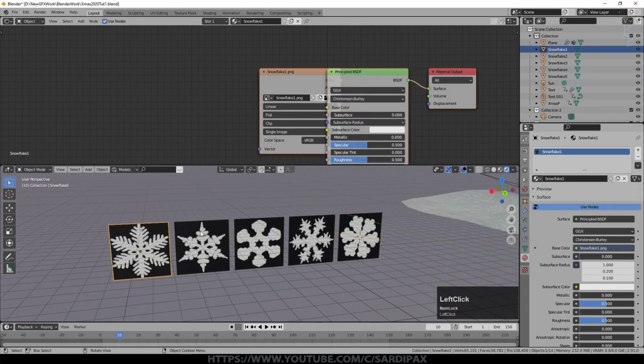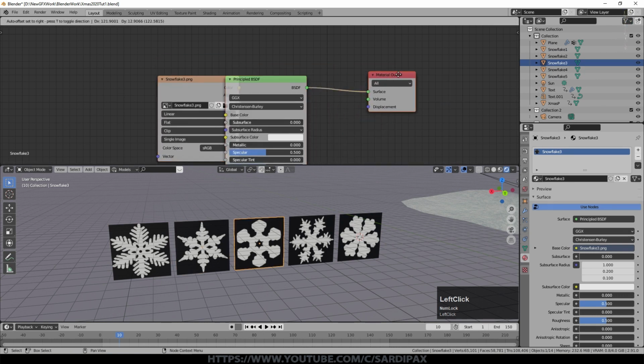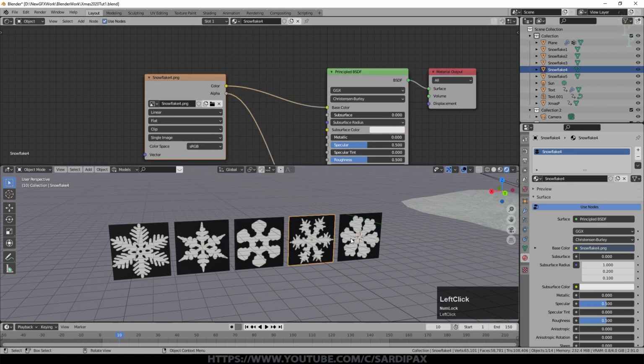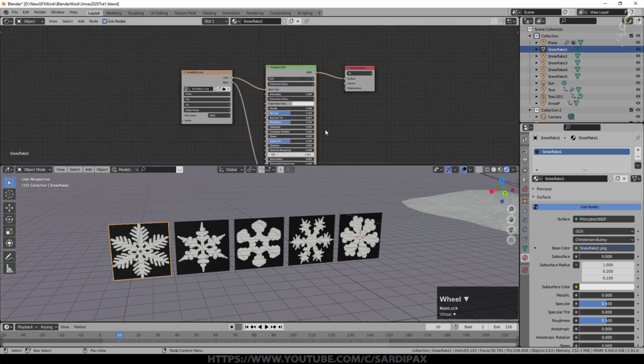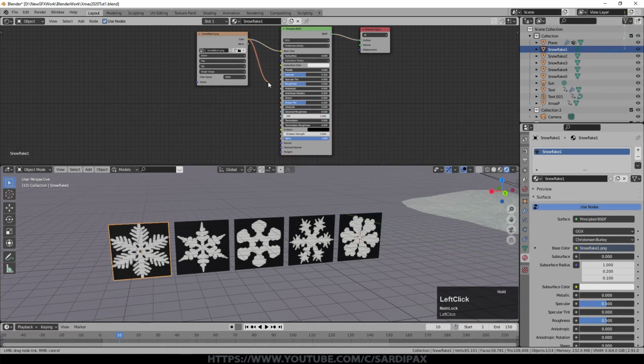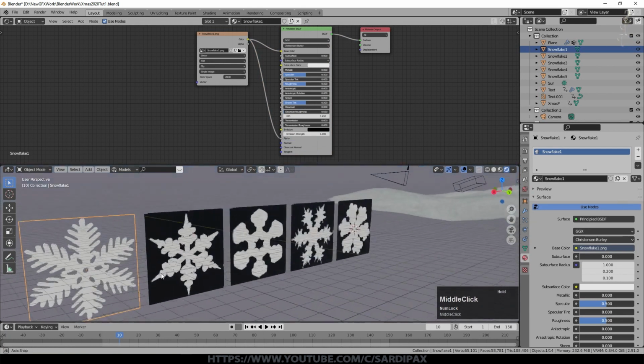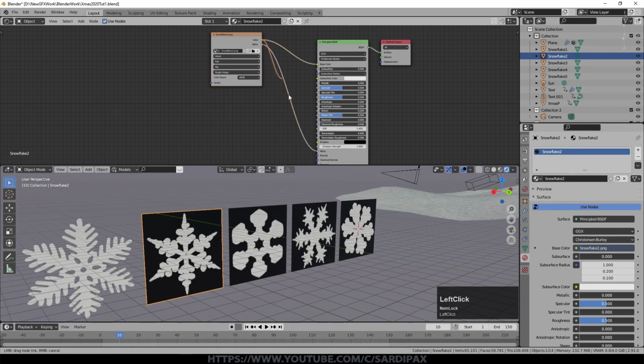So these images don't actually have an alpha on them, but they are just simple black and white images of snowflakes, so they're easy enough to use. So rather than using the alpha output, and there isn't an alpha, if it's an image with an alpha channel, then you can use it like that. But if not, then just take the color output into alpha, and you can see we've now got something that looks as you'd expect it to look. So we'll just do that for each of them.